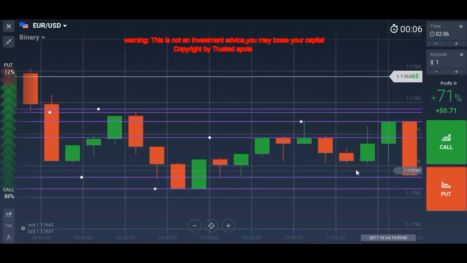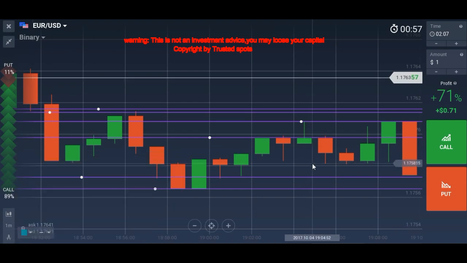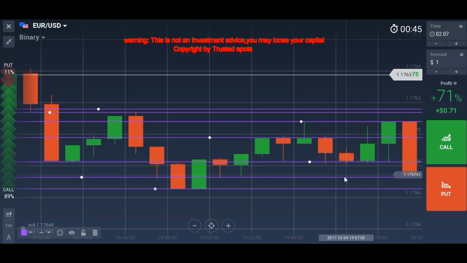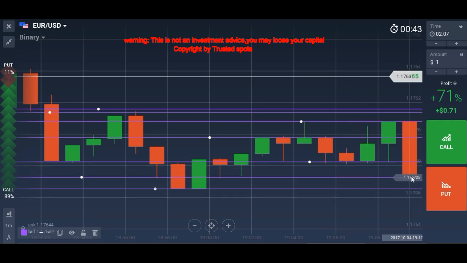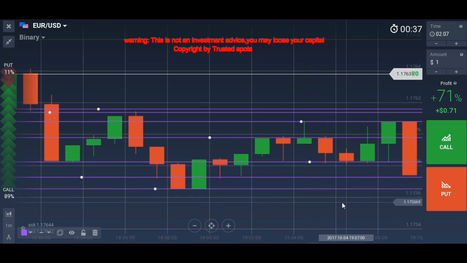And you can see this is huge. You can see this is a big red candle. So let me make another line here. That was our previous resistance. We can use it as a support, that was a support, and we can use it as a resistance. So you can see this is a strong red candle, and there are chances that the market can go down. Why? As I told you, it is a downtrend market, and in this condition it is a strong candle, and this is a breakout. But there is a problem, that